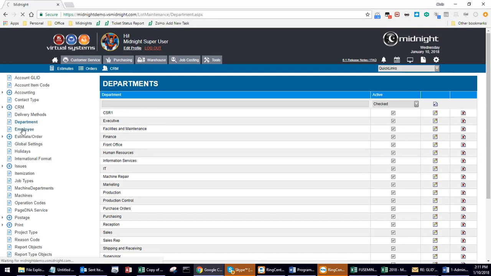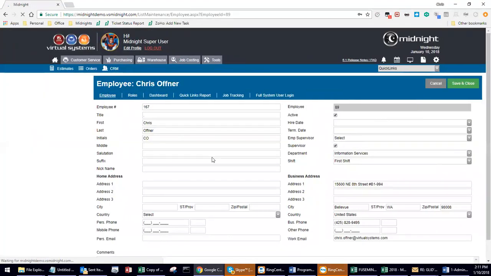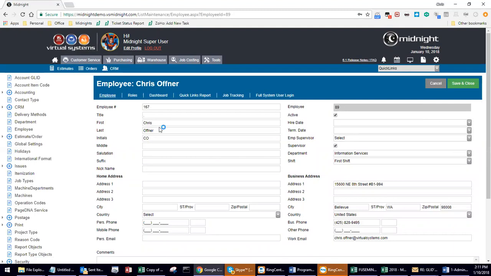Which brings me into our employees menu. Under an employee account, you can either add a new employee by clicking the new employee button at the top, or you can go in and adjust one that already exists. If I were to just jump into a record for myself, I could see my front list, which is my core administrative information,